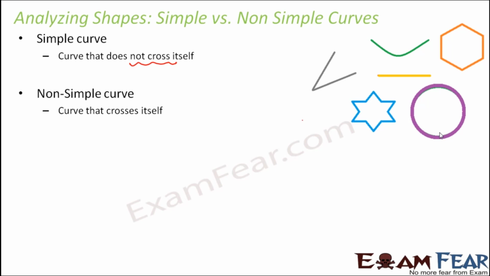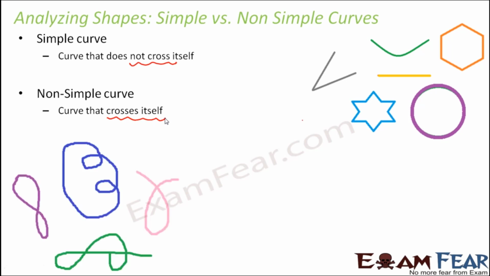For that, let's look at the images of non-simple curves. Non-simple curves would cross themselves. So let's look at these images. Here you see the same curve, which was a simple curve. But the moment this curve crosses itself like this, it becomes a non-simple curve, because at this point the curve crosses itself. The same type of crossing happens in each of these images, and therefore these are non-simple curves. So that's how we can say that we can have a simple open curve and we can also have a simple closed curve.